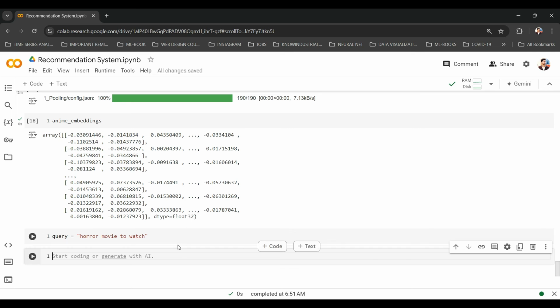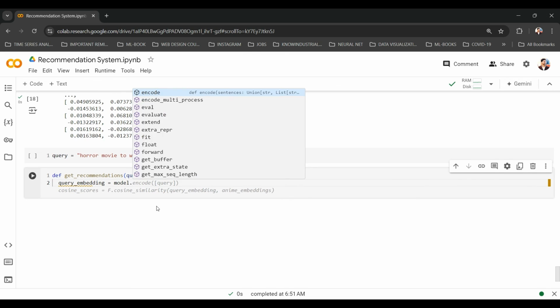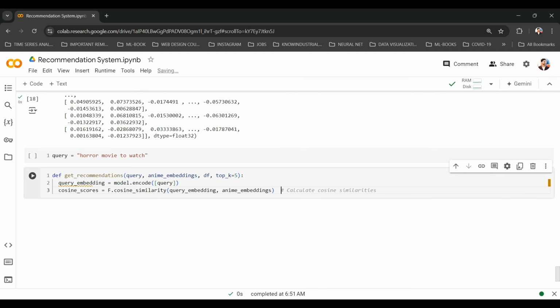So let us write a function for that. We'll write def get recommendations. I'm getting suggestions, okay, because as I have mentioned, this is done from that KD Nuggets article. So some other people might have tried it out. So that's a really good feature from Google Colab. You will be getting recommendations, suggestions from GitHub accounts. So we'll say query embedding is equal to model dot encode. Oh, it has given me the whole code. Okay, anyway. Okay, so this is what we'll be doing. Not exactly this.